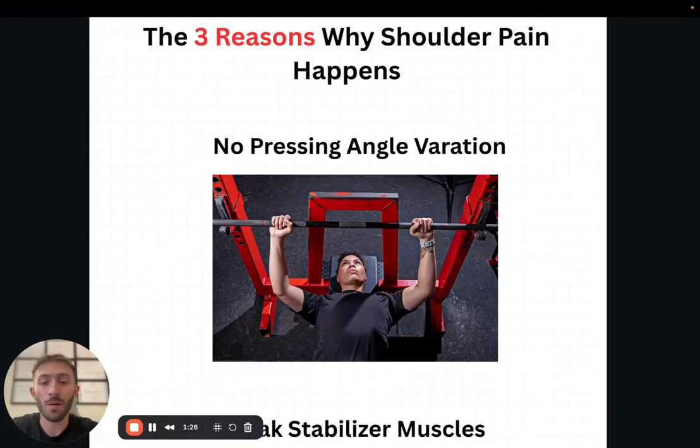So not just doing flat bench press, but you're also going to want to do incline press, decline press, dips, but then also not just with the bar. You want to use more range of motion with dumbbells too and have a bigger variation pool because the shoulder is very susceptible to overuse injuries. That's why variation is going to be a big key. But usually a lot of people just do bench press all the time, Monday, Wednesday, Friday bench or whatever. And that's when overuse injuries start occurring.